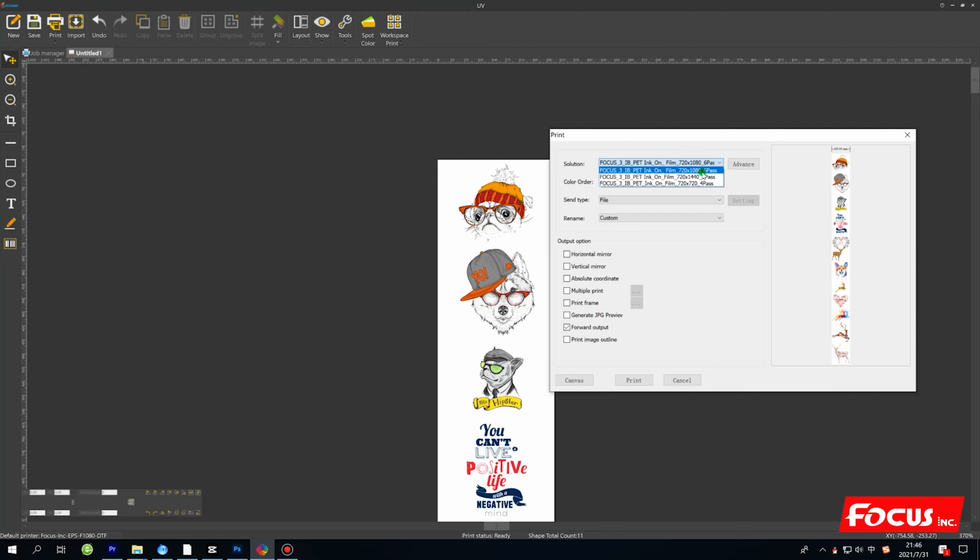So for printing on DTF, we recommend you choose 720 x 1440 DPI and 8-pass printing for the best white ink density and color ink performance. And if you want to print with faster speed, you can also choose the 720 x 720 option. And here just keep it as default and also keep it as file. And